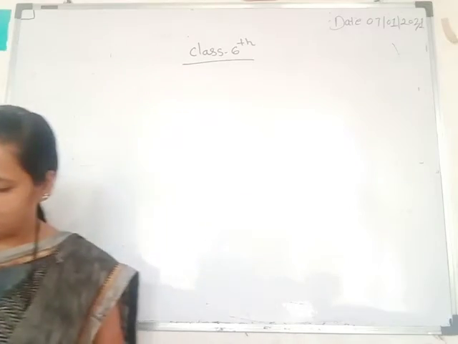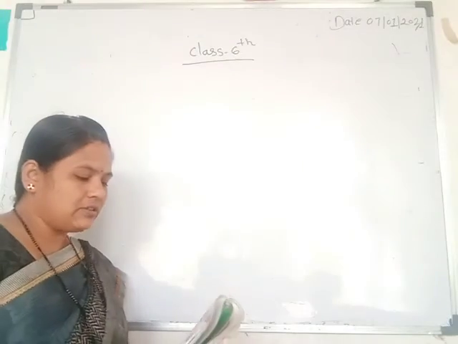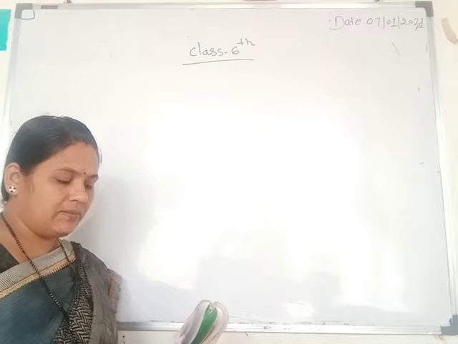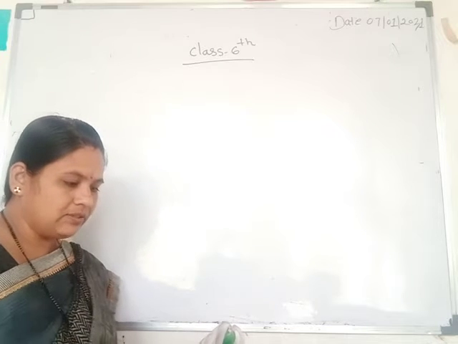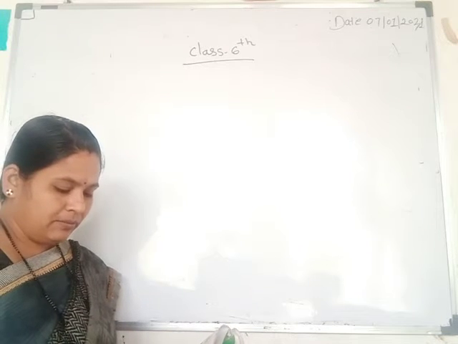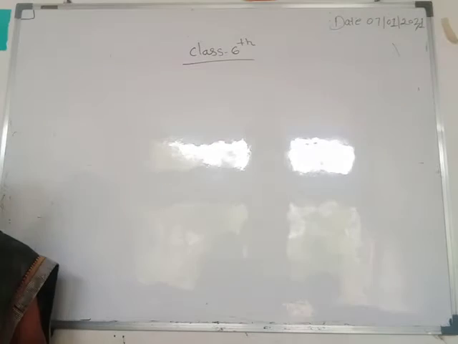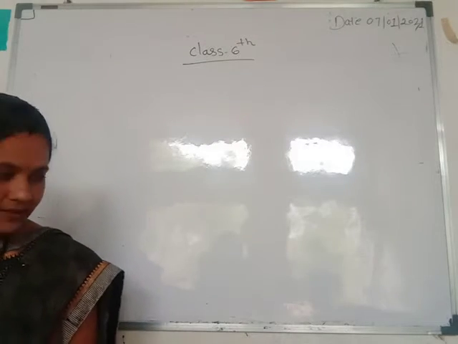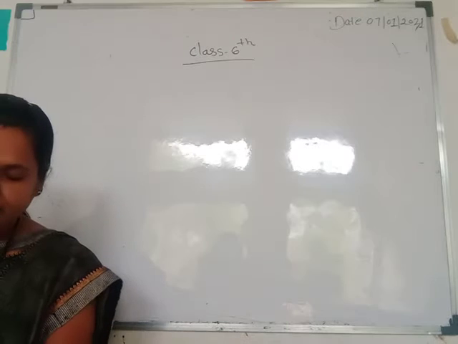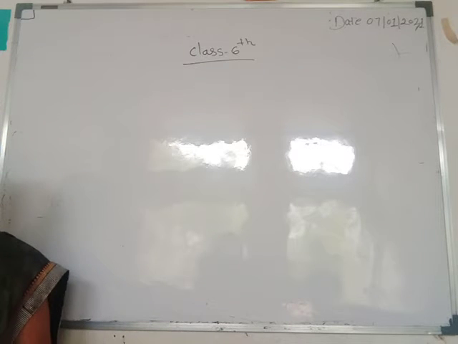Good morning, students. We have started the next chapter in your second semester syllabus: triangles and their properties. A triangle is a closed figure made by joining three non-collinear points by line segments, and vertices, sides and angles are the parts of a triangle.